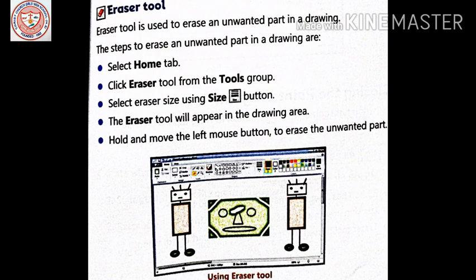Click the eraser tool from the tools group. Then select the eraser size using the size button.